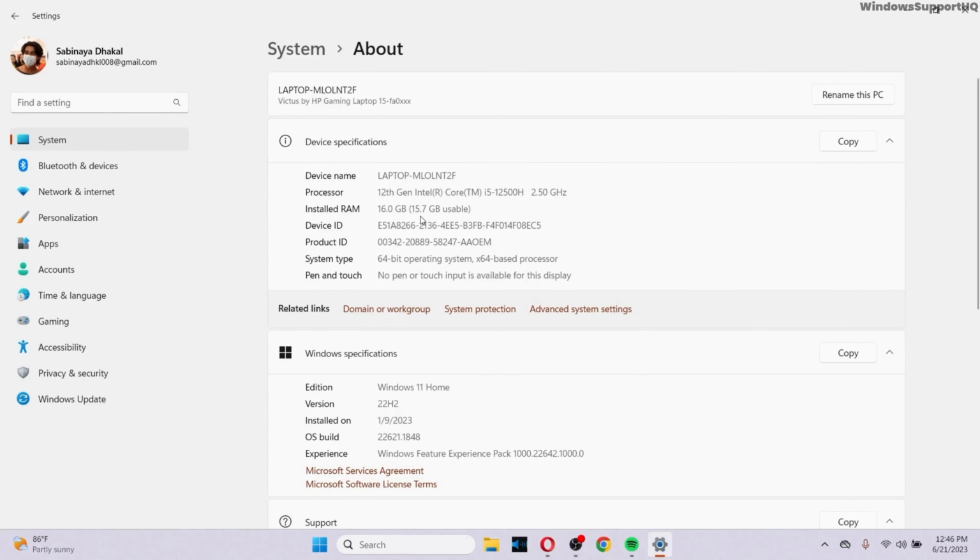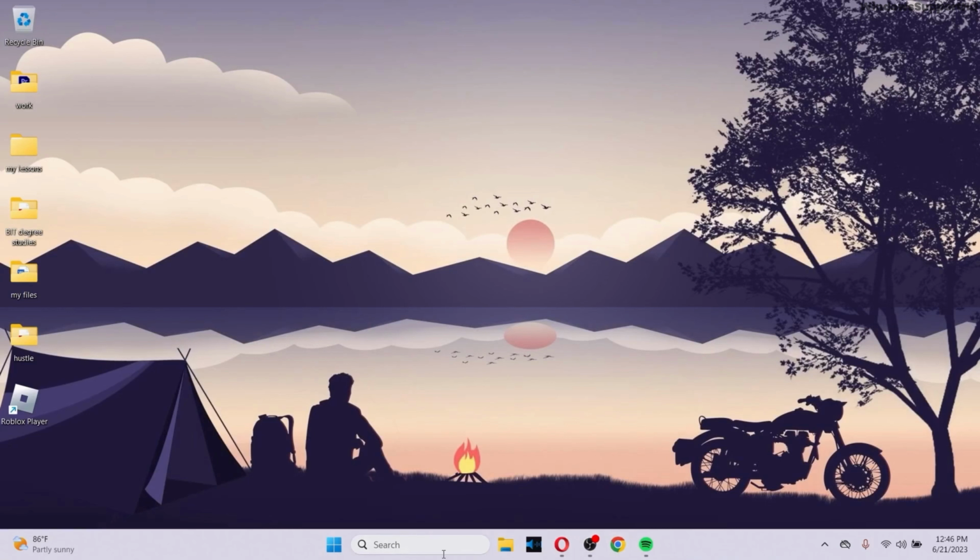Don't focus on 15.7 but focus on 16 GB. If you have 8 GB, if you have 32 GB, then it's fine as well. I have 16 GB on my PC, so I'll just focus on 16, right? Make sure that you remember the GB of your installed RAM, right? I have 16 here. You might have 8, 32, 12, 6, and after that what you want to do is